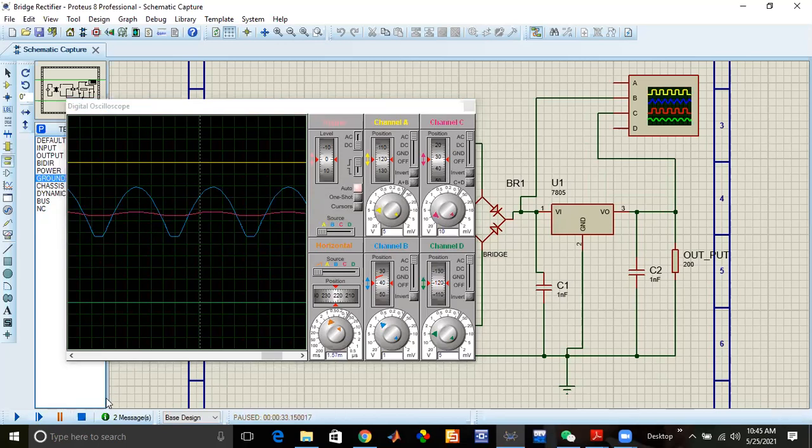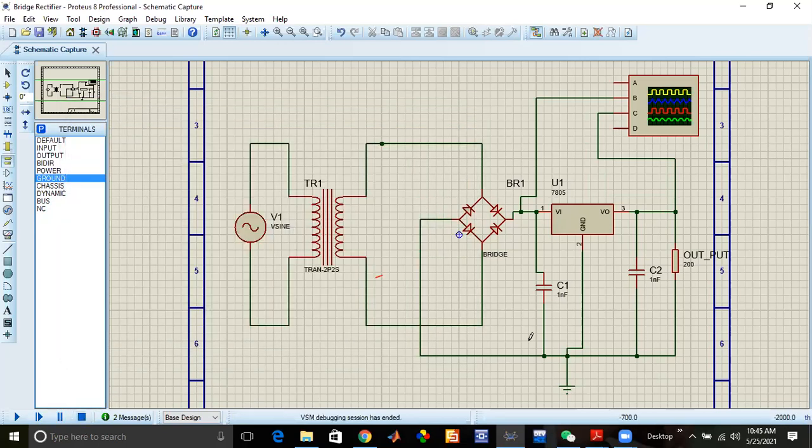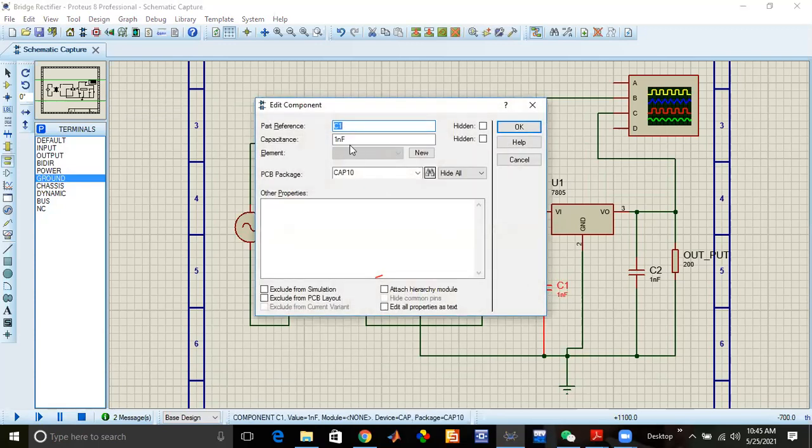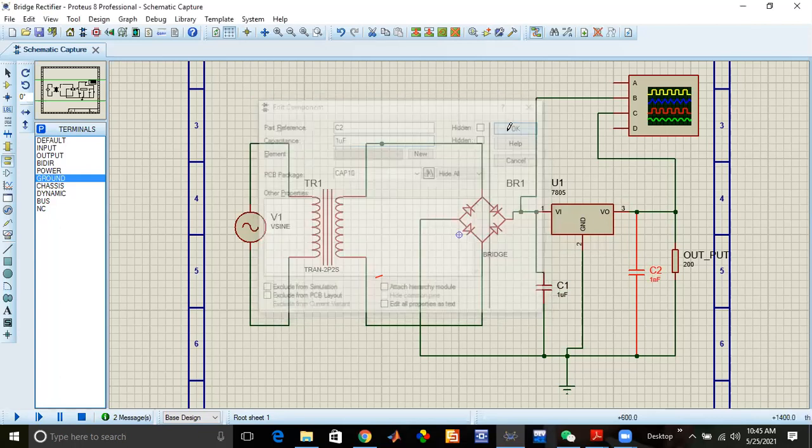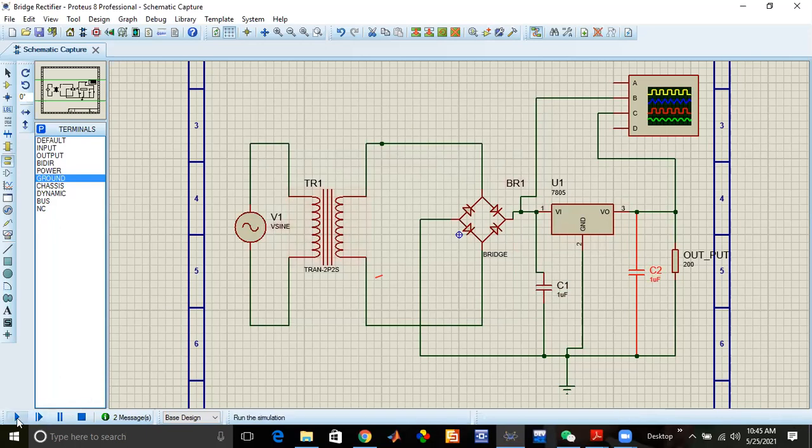For example, this is 1 nano. If we convert this into microfarad, and this has become 1 microfarad, and this has become 1 microfarad, and then